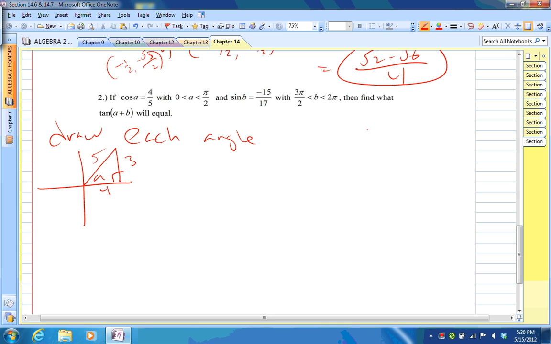And then for the other one, B will be in the fourth quadrant, and that's sine, so it's opposite over hypotenuse, so negative 15 and 17, and that would be positive 8. Let's now do the formula for tangent A plus B, and then we'll substitute afterwards using the triangles to